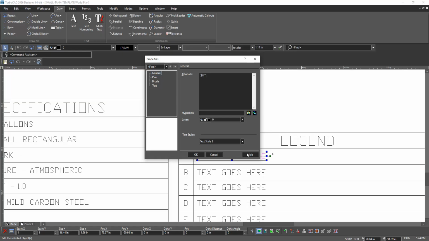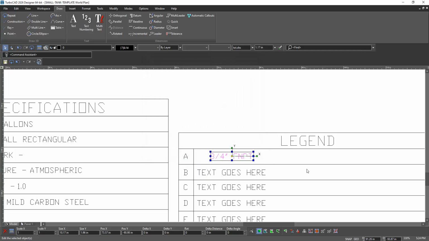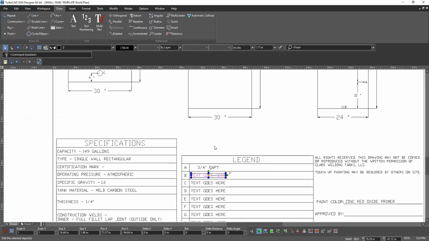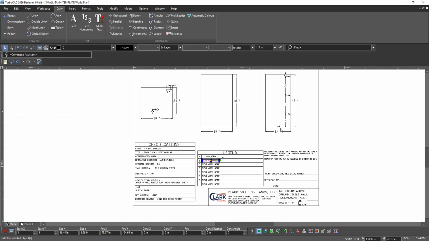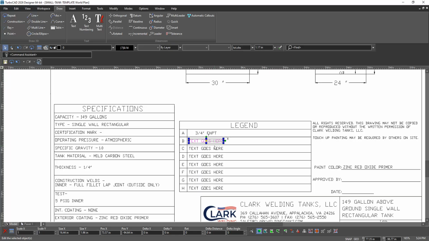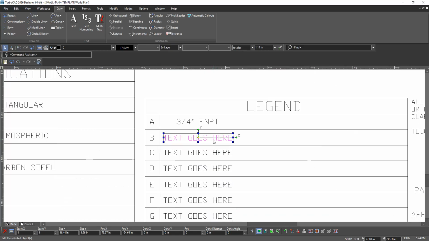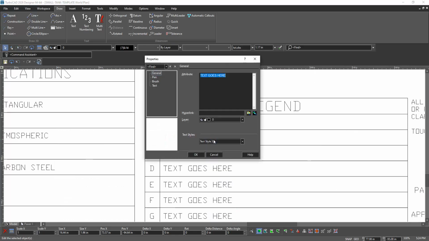And then type in all caps FNPT. That stands for Female National Pipe Thread. And hit OK. And then on the next one, B is 1 inch FNPT. So double click. 1 inch FNPT